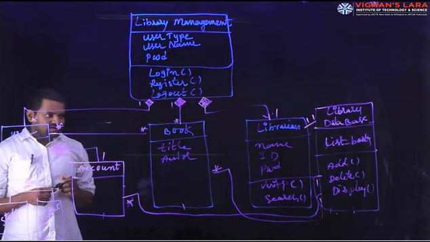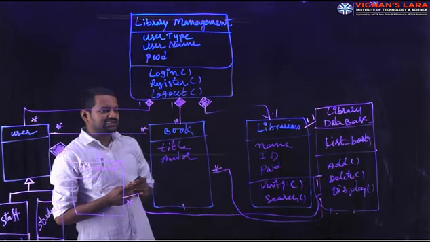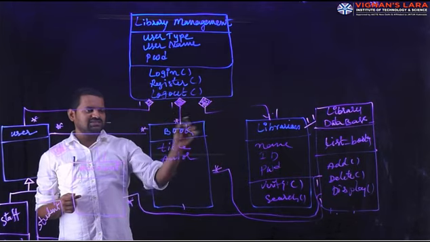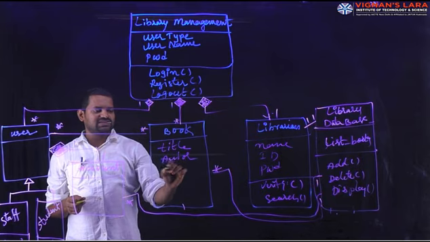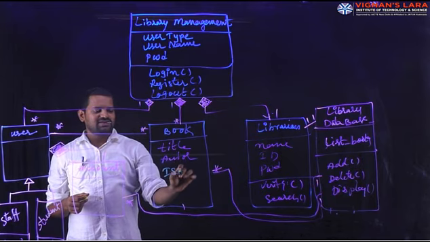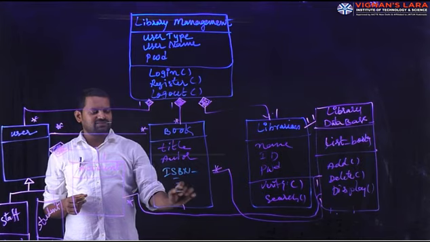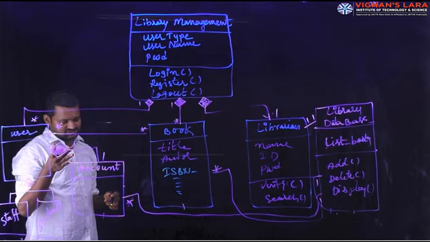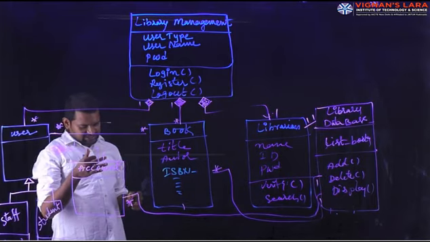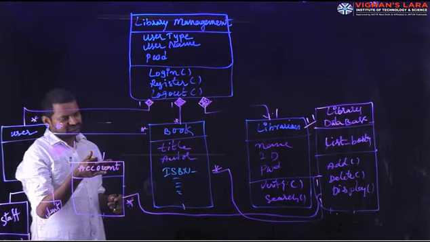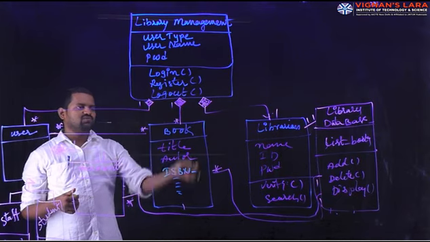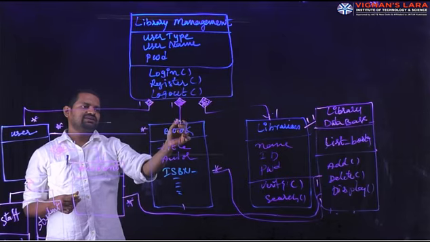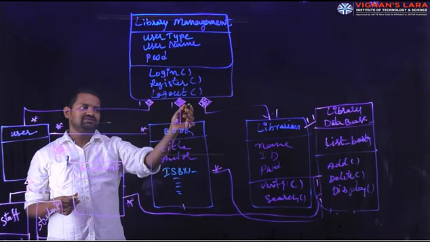Here you have to observe the next class, book. Book is one class. In this class we are going to observe title, author name, ISBN number, and likewise much information for that book. Is that book available or not? You have to search book information and show details of a particular book, and that information is available in this book class. Book is connected to the library management system. That is an inseparable part.